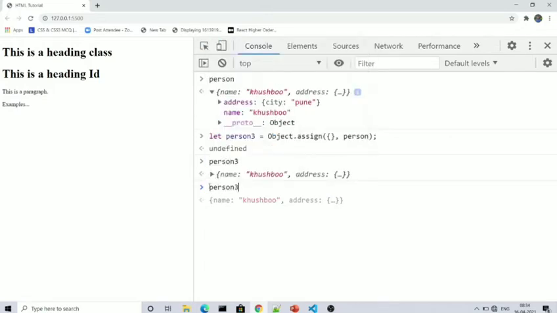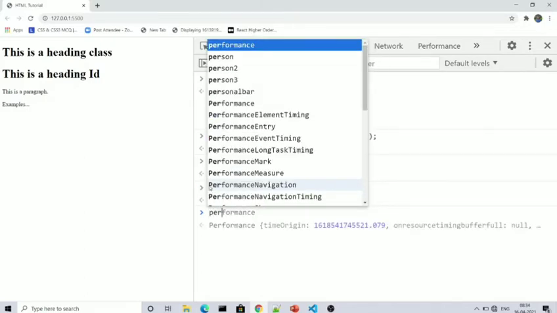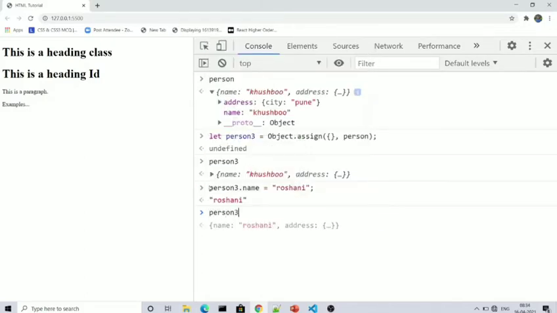Now I will change person3.name to Roshni. Along with that I will change the address as well: address.city I will make Mumbai.